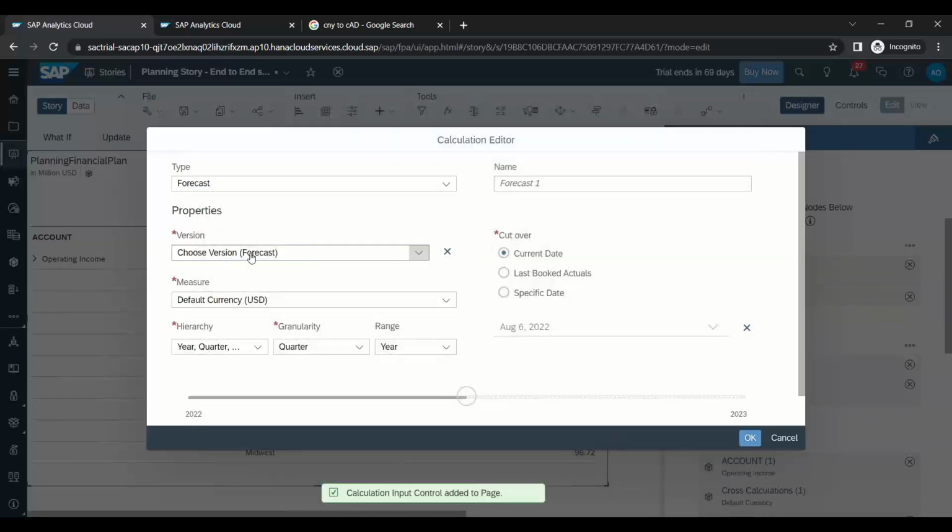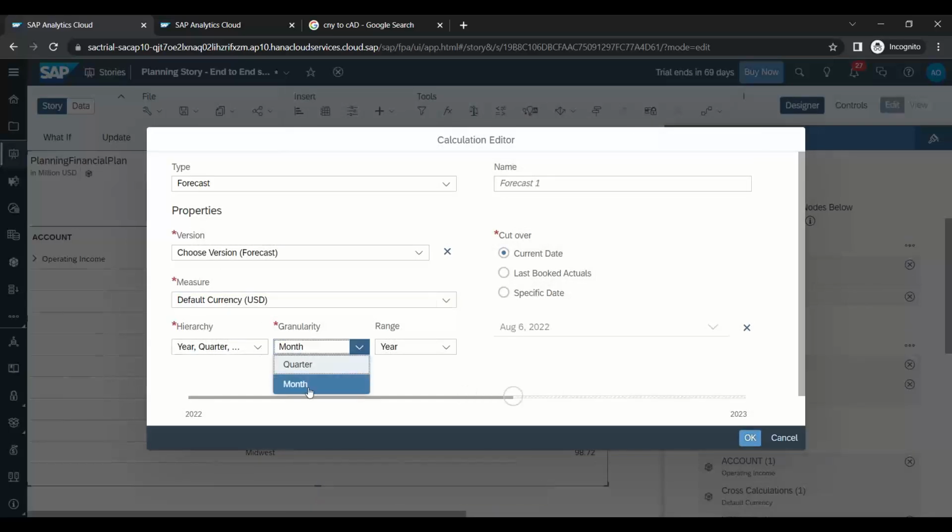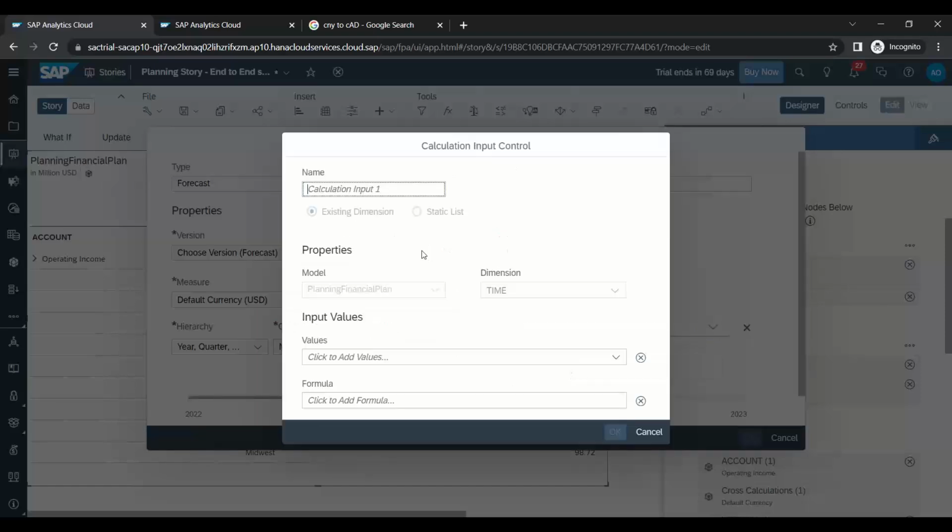So this will create now a control only in USD, and granularity I want to see monthly granularity. And this is my cutover date, a specific date, after which date, month or year or quarter I want to see the forecast data. So I can say current date, but currently we are in 2022. We don't have data for 2022. So I'll choose specific date, and I will mark it also as a control. Let user decide. And we can just say select date,